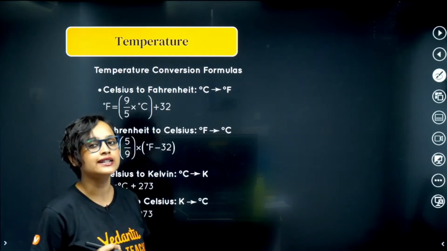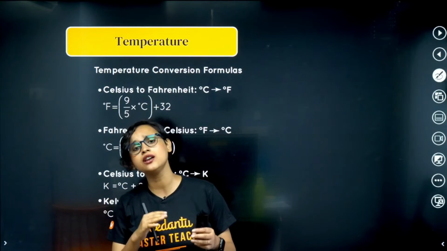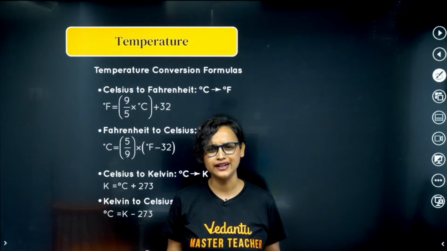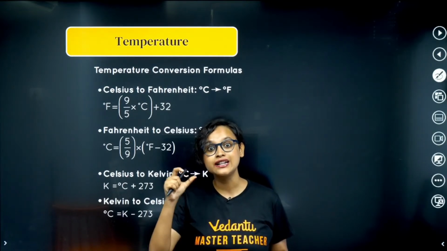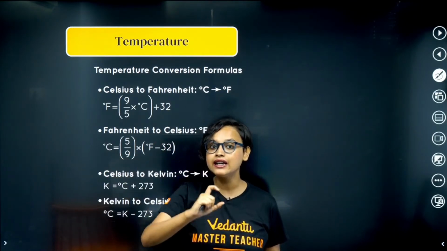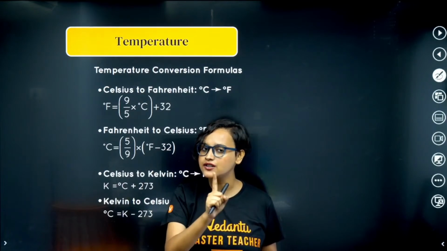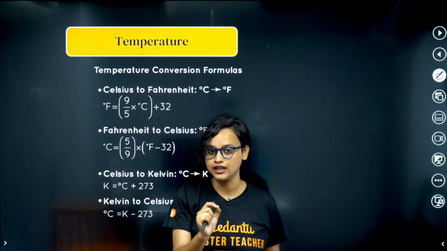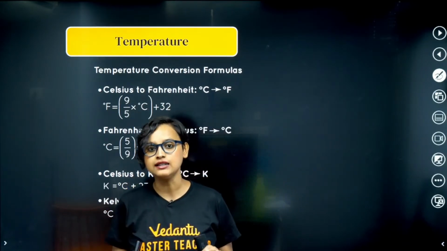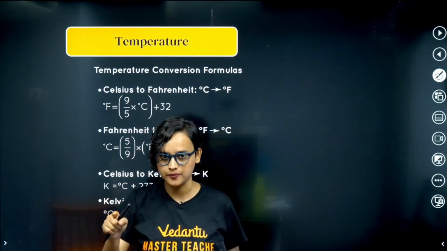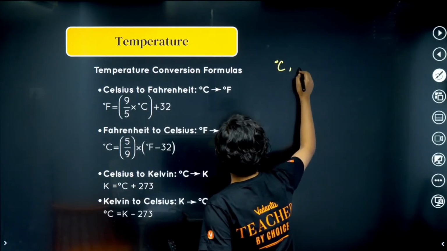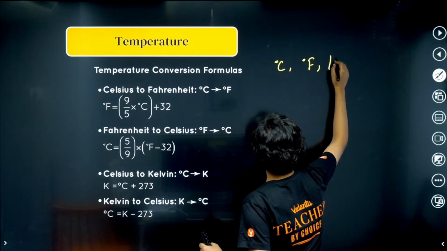Now my dear students, understand that temperature has 3 units which we very often use. But the SI unit we actually don't use very often. For temperature, we mostly use degree Celsius, degree Fahrenheit and Kelvin. Please remember, in case of Kelvin, I haven't used the prefix degree because Kelvin does not have to be expressed as a degree. Kelvin is just capital K. So even when you are writing, you write it like this: degree Celsius, degree Fahrenheit and Kelvin.